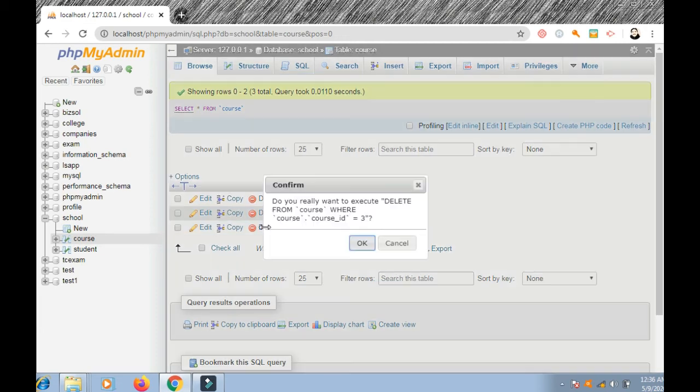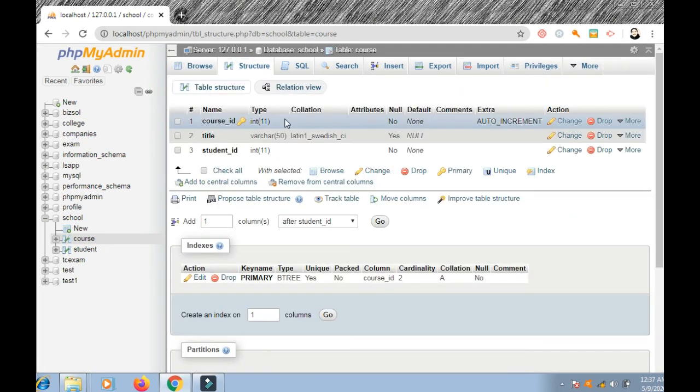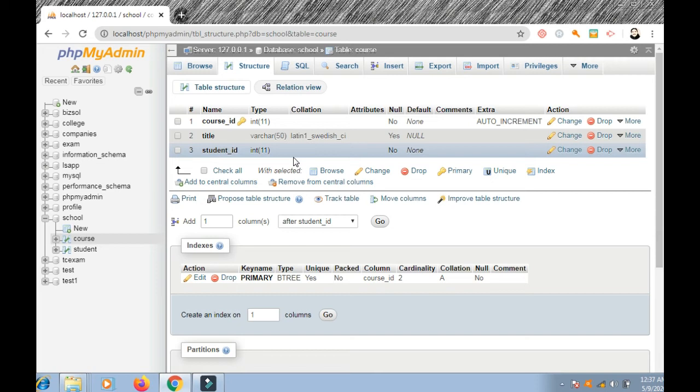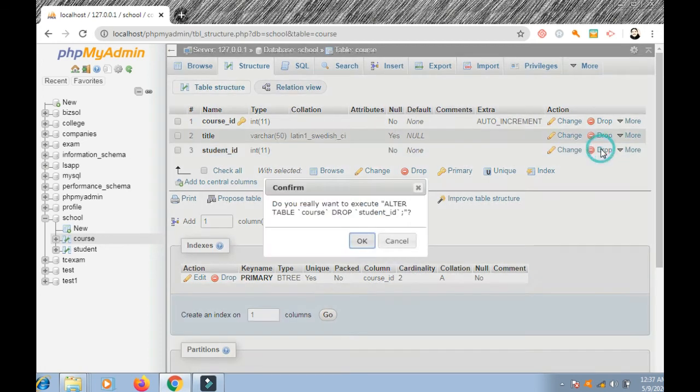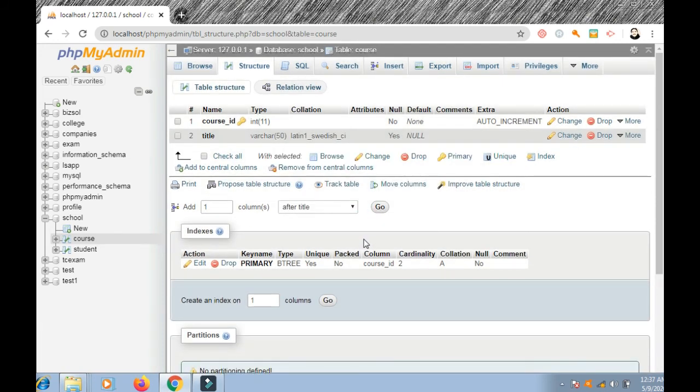So this is a rule: whenever you see many-to-many relationship, many-to-many records in the left and right, you should go for a third table. Course has many students, many students, many courses. So we should add a course student table. The name should be meaningful, but course and student should be the third table name.